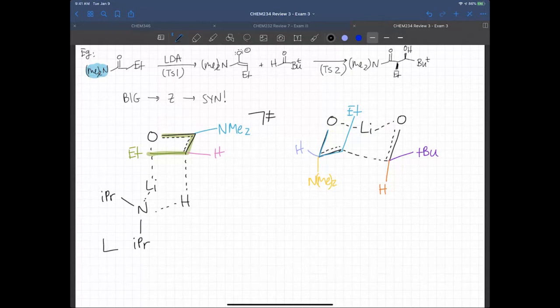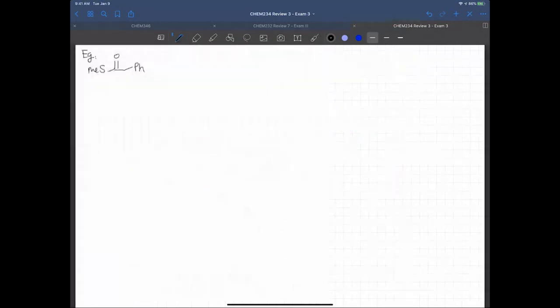Okay, let's try a small example. So I have this. As you can see, I'm using a thiol. Thiol with LDA. Okay, and this gives me transition state 1. Am I going to get an E or a Z, right? Small e, anti, so C. So it's going to be this, and